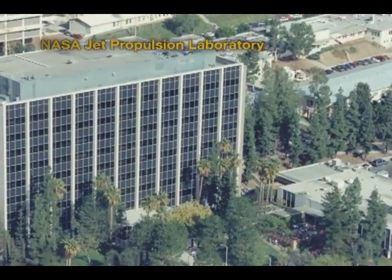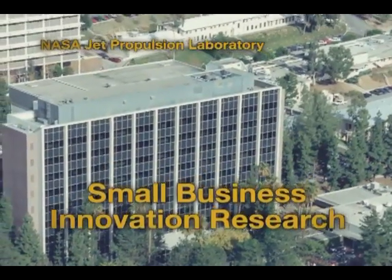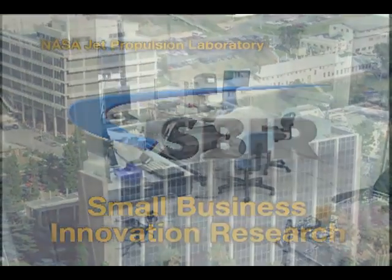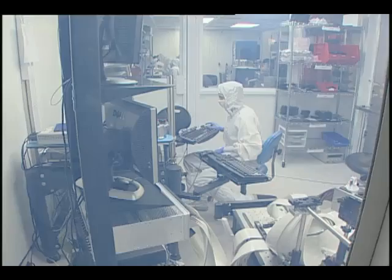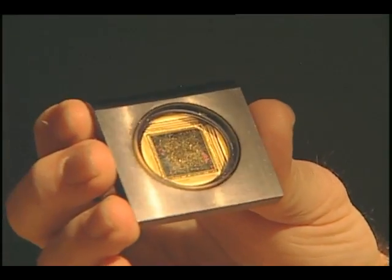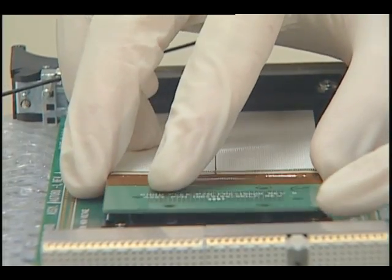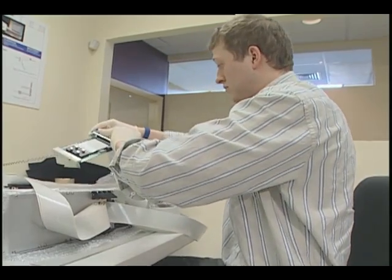And through the NASA SBIR programs, there's been developments in both the new kinds of mirrors and the production of new types of mirrors for specific applications, and also some new manufacturing technology. Through research and development funded by Small Business Innovation Research, or SBIR contracts from NASA's Jet Propulsion Laboratory, Boston Micromachines devised a new manufacturing process that produces ultra-flat mirror surfaces. Through another SBIR award from JPL, the firm also improved the drive controllers that enable the devices to quickly correct